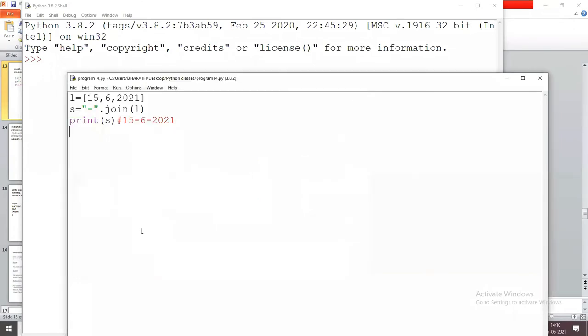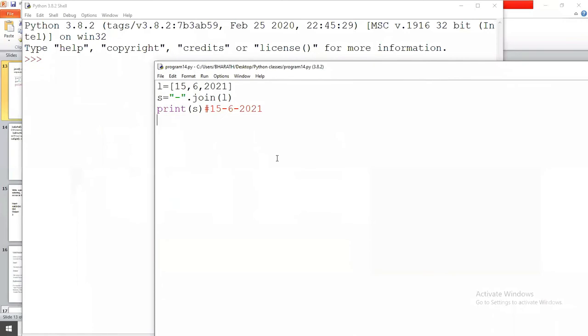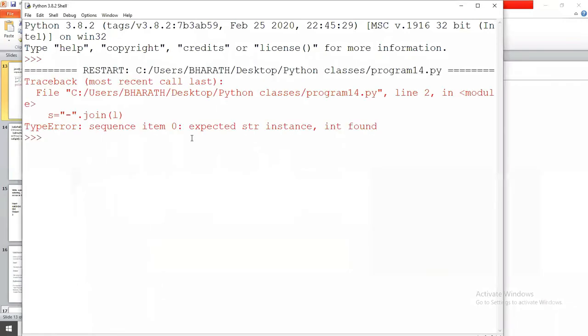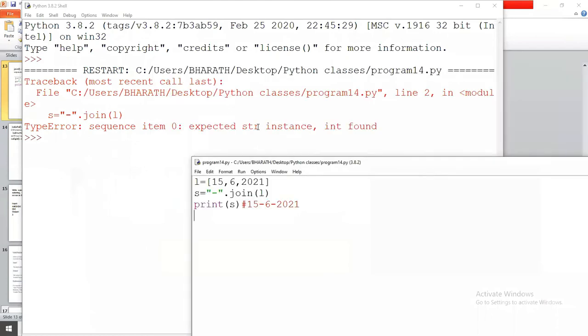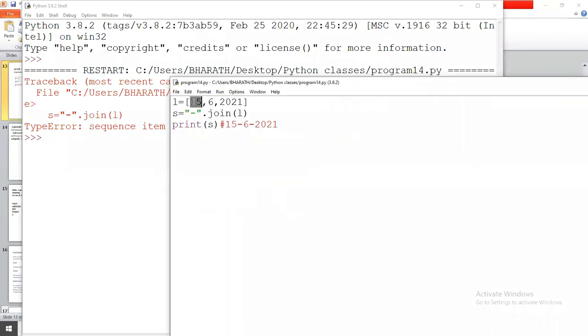Program 14. Okay, if I execute, it returns an error. Here it says expected string instance. All the data elements should be string instances, but here I gave 15, which is an integer.